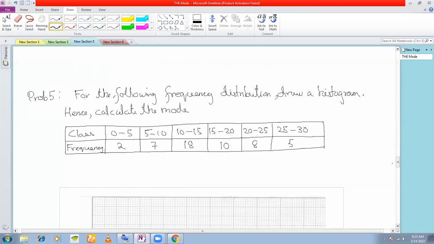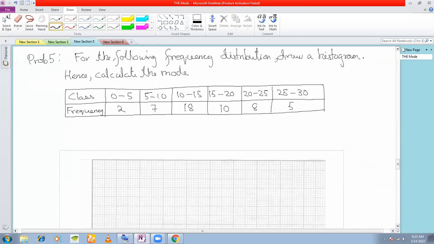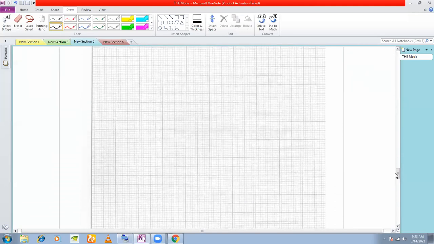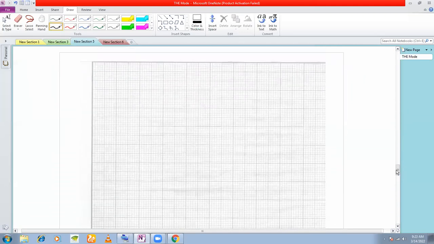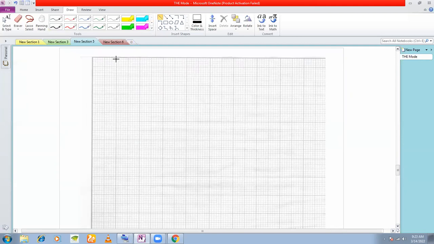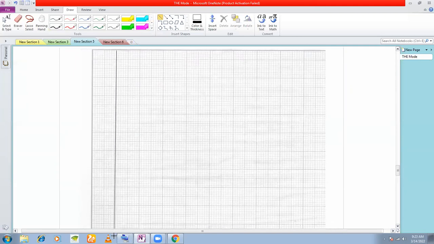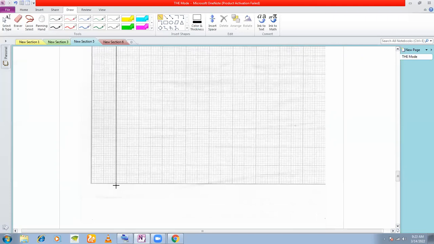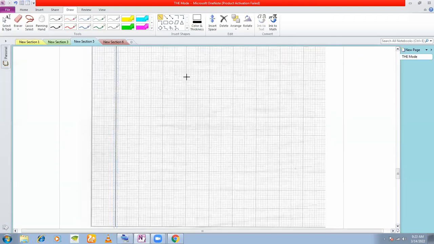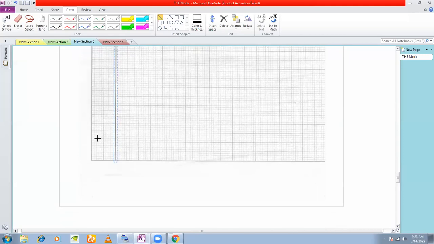Okay, so let's draw the histogram first. In this case, if you see what are the classes given here, 0 to 5, 5 to 10, 10 to 15, and finally you have 25 to 30, right? You draw your axis first, x axis and the y axis. This is your graph sheet. This is your y axis. This is your x axis. Origin,